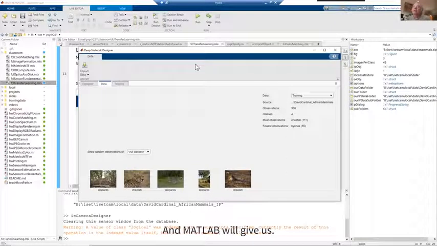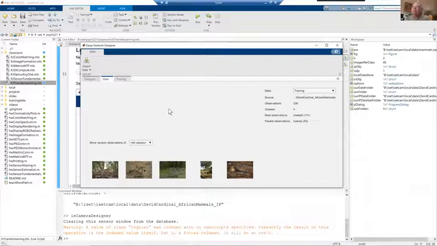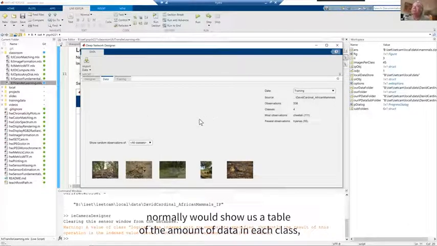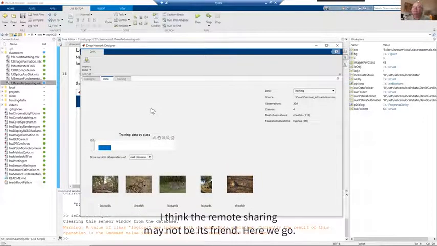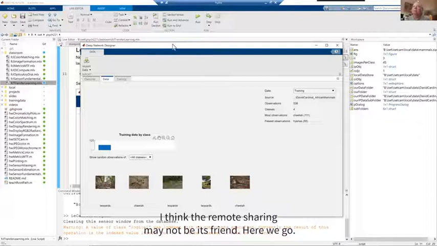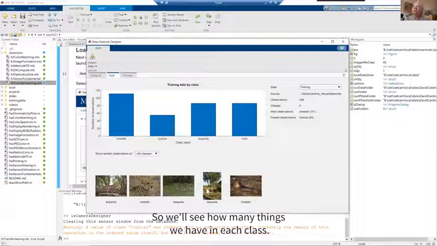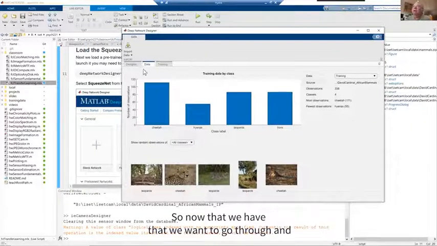And Matlab will give us, well, it's not showing a pretty picture at the top. For some reason over the remote connection, it doesn't want to. Normally it would show us a table of the amount of data in each class, and these would have, oh, it's just being a little slow. I think the remote sharing may not be its friend. Here we go. So we'll see how many things we have in each class. We get some random examples that we can play with. So now that we have that, we want to go through and